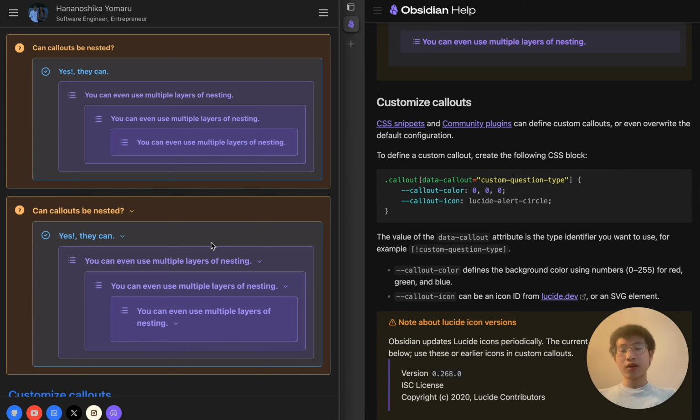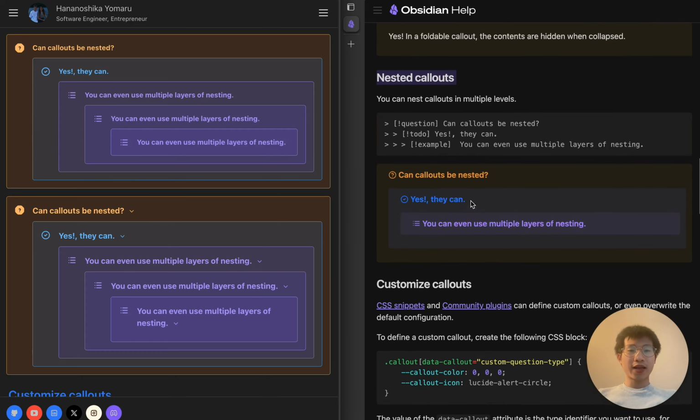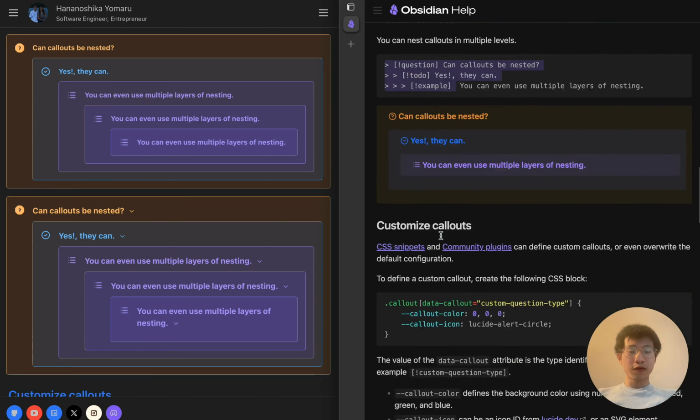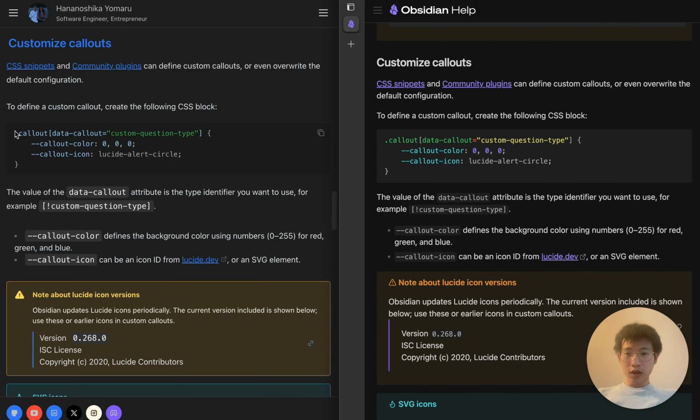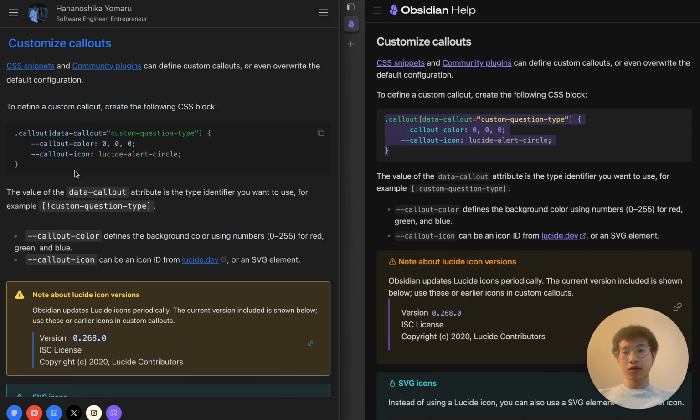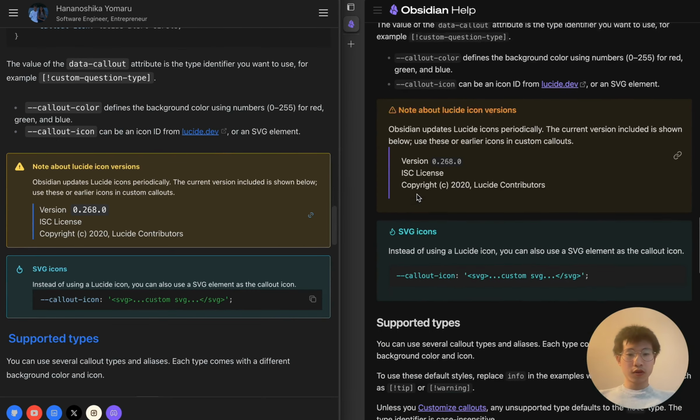Actually, I did it a long time ago, but recently I revisited this feature and found some bugs, and then I dug deep into it and found that, oh, actually parsing the markdown for such complex syntax is difficult. And then you can use this CSS to style the callout as well,